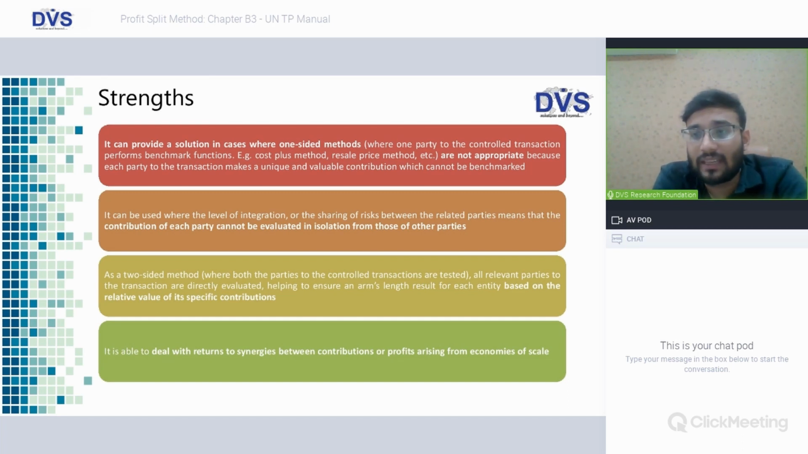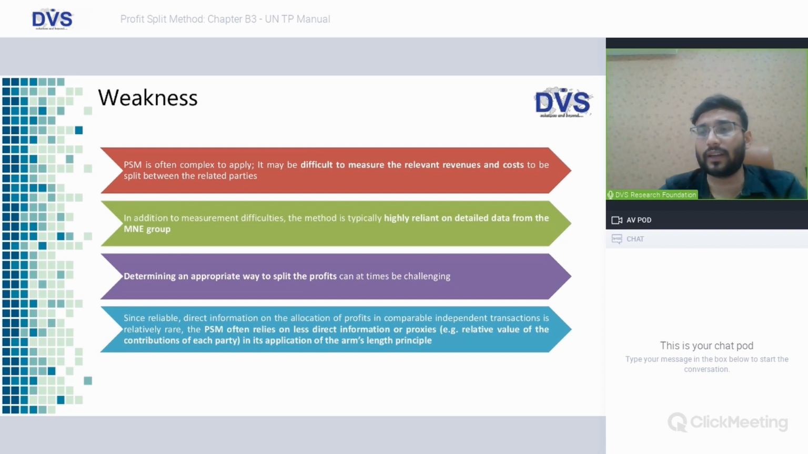Here both the parties, and even along with these two parties, the entire group as well, there may be instances that even the entire group may be used or kept as a base for determining the basis for allocating profits. It is able to deal with returns to synergies between contributions of profit arising from economies of scale. So the entire group is considered, all the components of the group, be it all the related associated enterprises, and what are the functions performed by each of the related parties for that transaction. The entire group is considered as one entity, and all the individual components are considered as individual transactions, and whatever is the contribution of each entity towards their functions is measured under